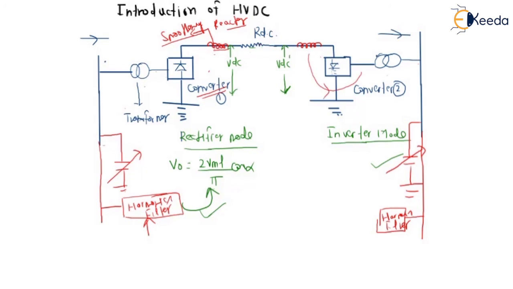So now we have discussed this point. One more point remains: when we convert from AC to DC, the DC side will also have a few harmonics, and these need to be removed. This LC circuit will remove the DC side harmonics present in the circuit. So this is all about the introduction of HVDC, and now we are going to discuss the types of HVDC in the next lecture.